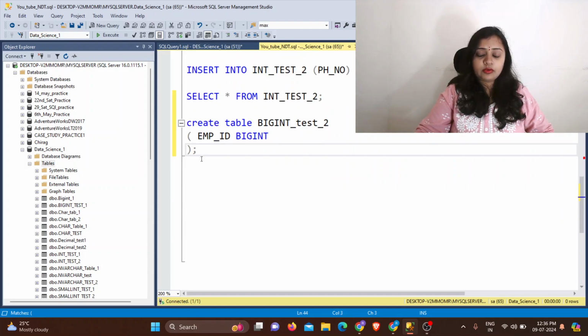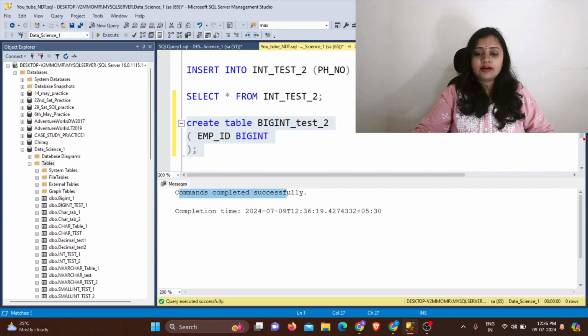Now select this one, make sure that your database is the same one you are working in, and hit the execute button. See, commands completed successfully, so our table is created.